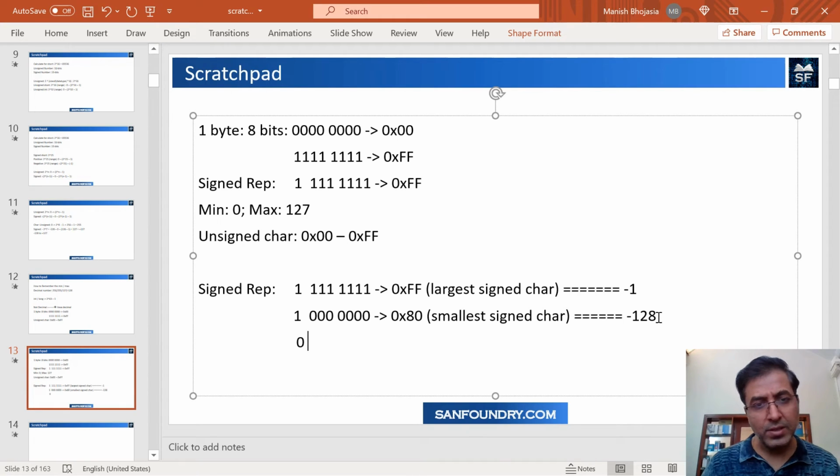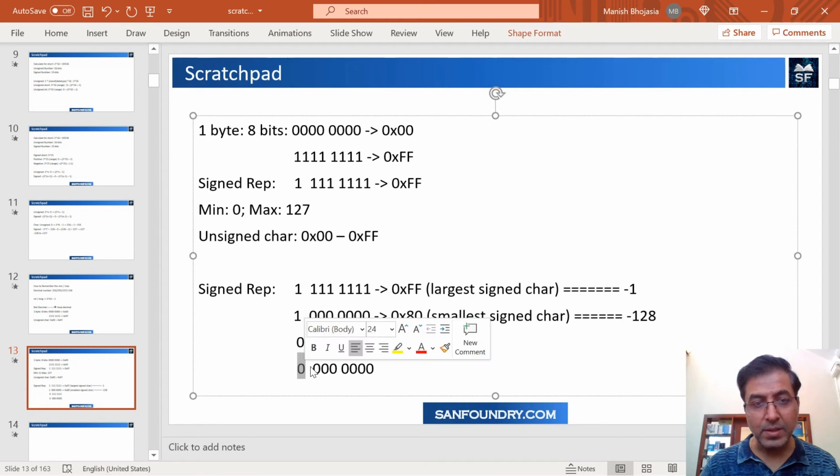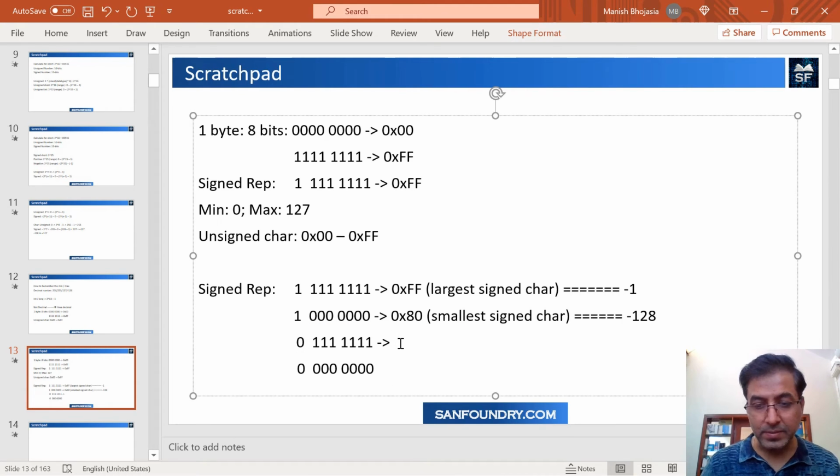If it is 0, we just repeat 111 111 like the previous case, and then we have another one, we call it 0, 3 zeros, sorry about that. So 1 2 3, 3 zeros, and like this. What we are seeing is the sign bit as 0 here. So when you say 0, it's a positive number, as all of you know, and when you represent it, it is essentially hexadecimal 7F, and this one is essentially hexadecimal 00.